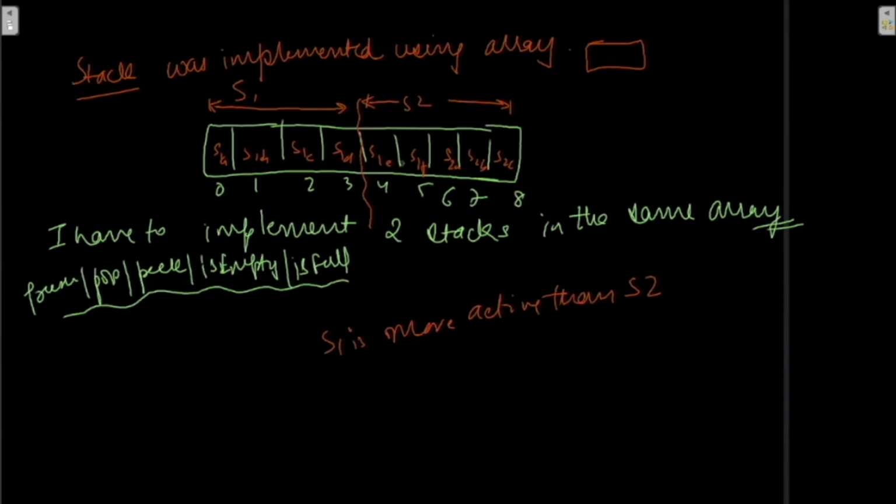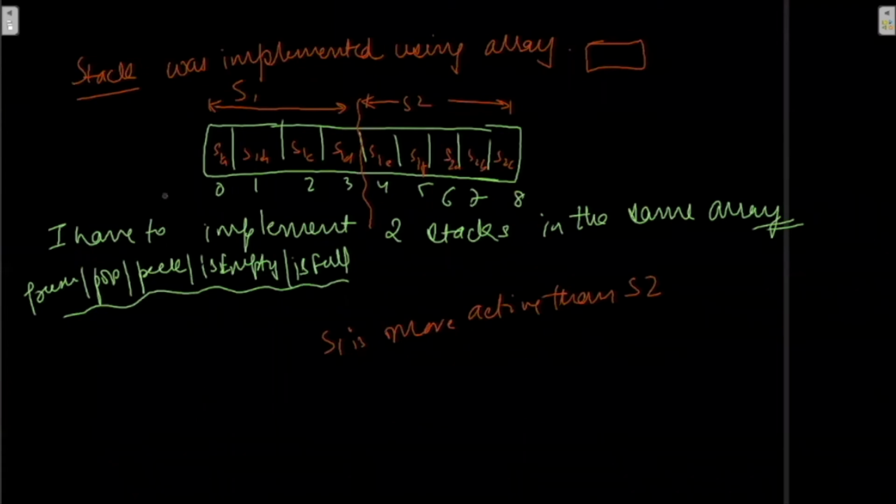सर वी विल स्टार्ट फ्रॉम 0 अगेन, लाइक ओड नंबर पे S1 को प्लेस करेंगे और इवन नंबर पे S2 को प्लेस करेंगे टिल लाइक व्हेन S2 इज फुल, देन द रेस्ट ऑफ द places we will place S1. Now again, if we pick odd for one and even for the other, still it is equally divided only, no? नो सर, जब तक S2 फुल ना हो तब तक, उसके बाद तो हम वो कर लेंगे ना।